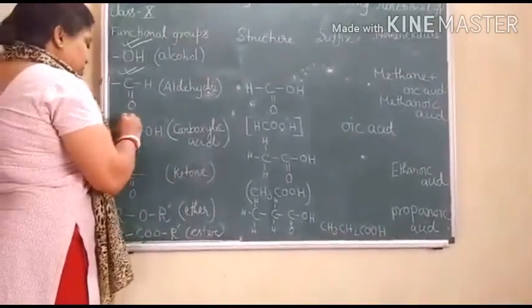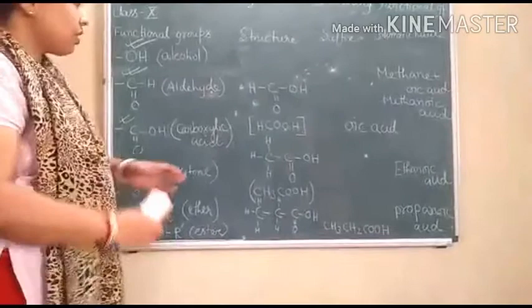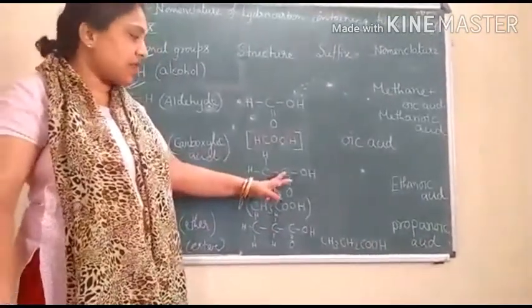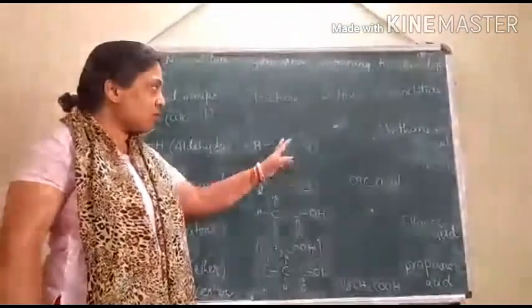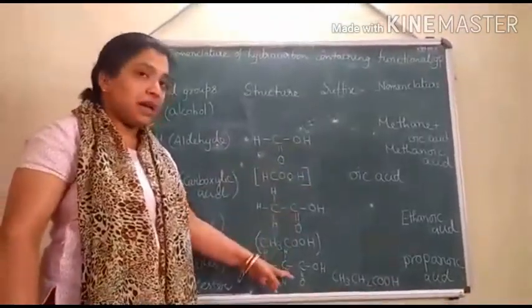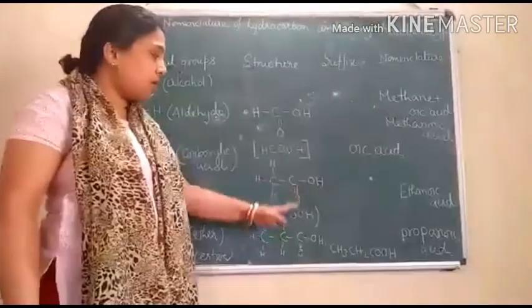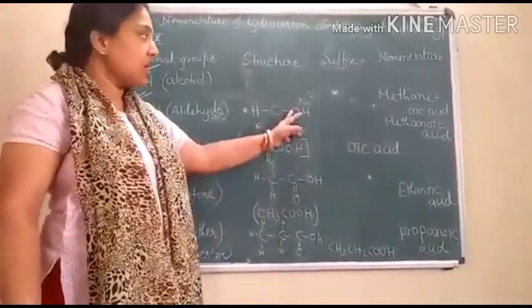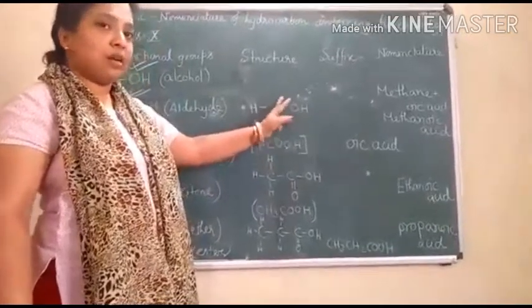One thing I would like to mention: see, all the functional groups I am writing are at the terminal carbon, means the last carbon. So the functional group is written at the end. Always remember, in all the nomenclature I have written, the groups I am attaching are on the last carbon, the terminal carbon.